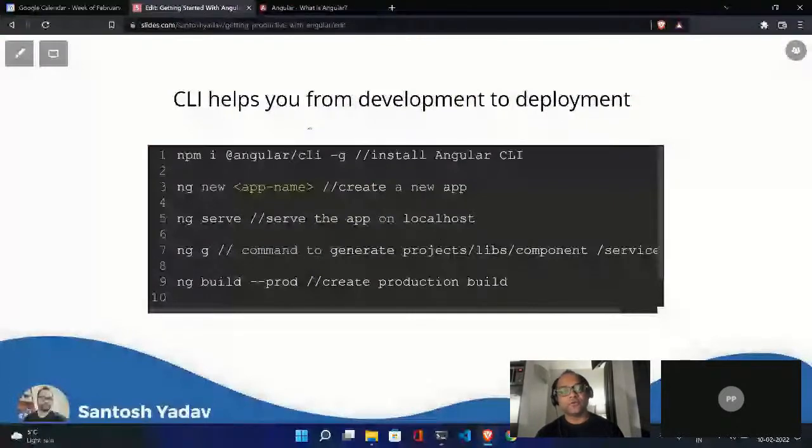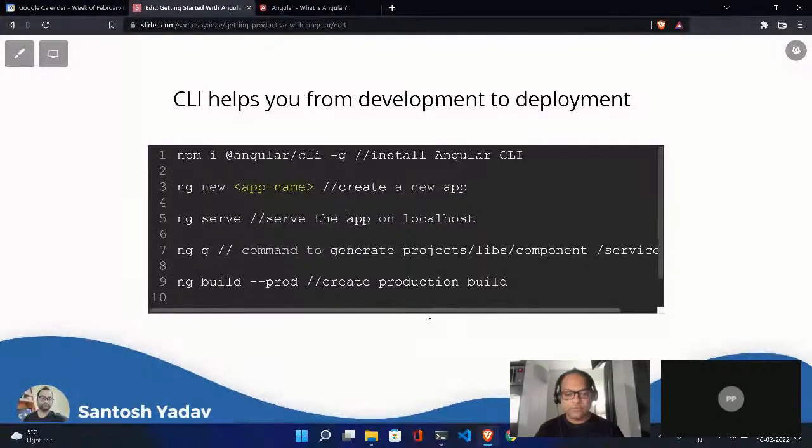Whatever you create in Angular is a component, and the same applies to any front end technology you choose. Even if you go to React, Vue, or Svelte, any library or framework, you will be creating components. Even with Lit, you will be creating web components. So it's all about components. You will be creating all those small components, and you can do that in Angular using a command called ng generate. We will see this command.